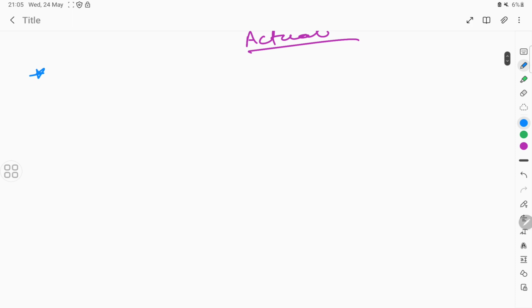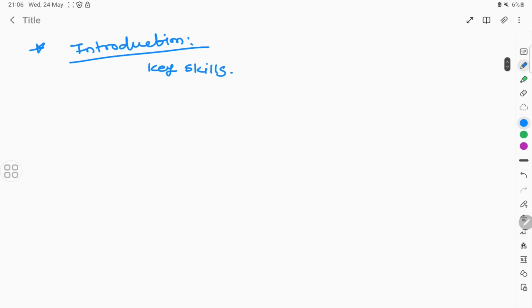So the first question, they will always ask in an interview, is about the introduction. So please, in the introduction, tell about yourself, some part of your education, then the projects you have worked on and your key skills. Please remember, try to explain your key skills and the projects you have worked on a little bit. After that, definitely they are going to ask you